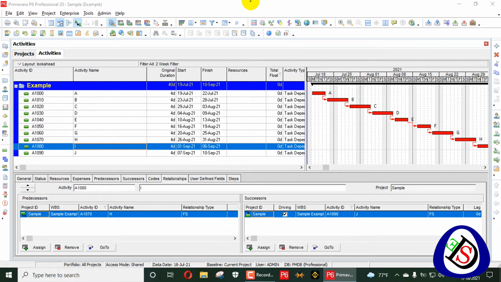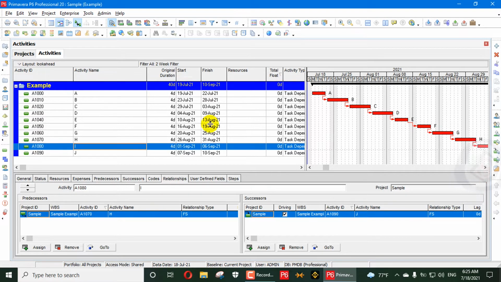The optimized project plan becomes the basis for the baseline or targeted plan, which is utilized for performance measurement. This video demonstrates the options for calculating the schedule when activities occur out of sequence, that is, violating the network. Let's see, here we have activities A, B, C, D, E, F, G, H, I which are in progress.